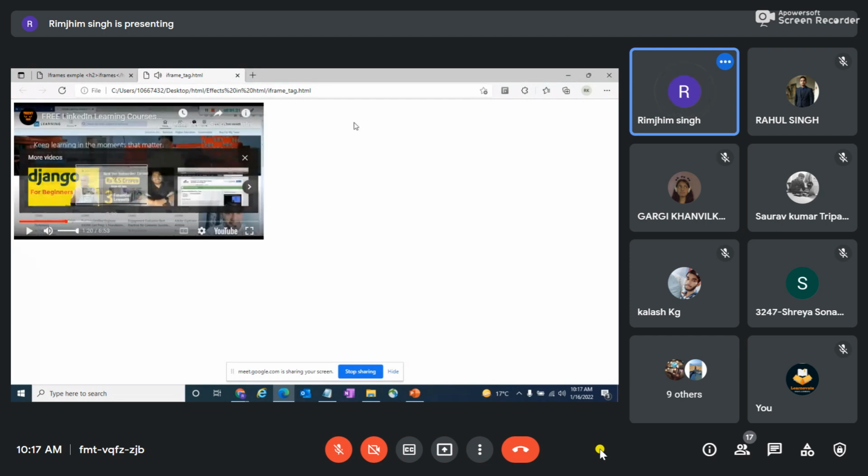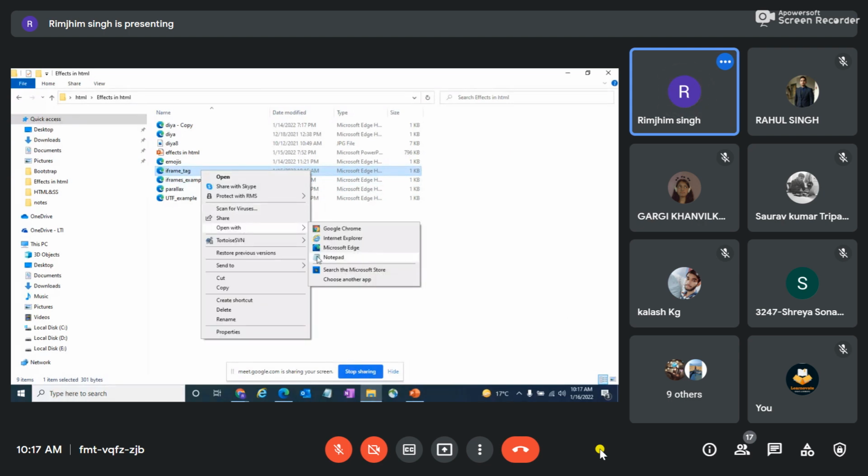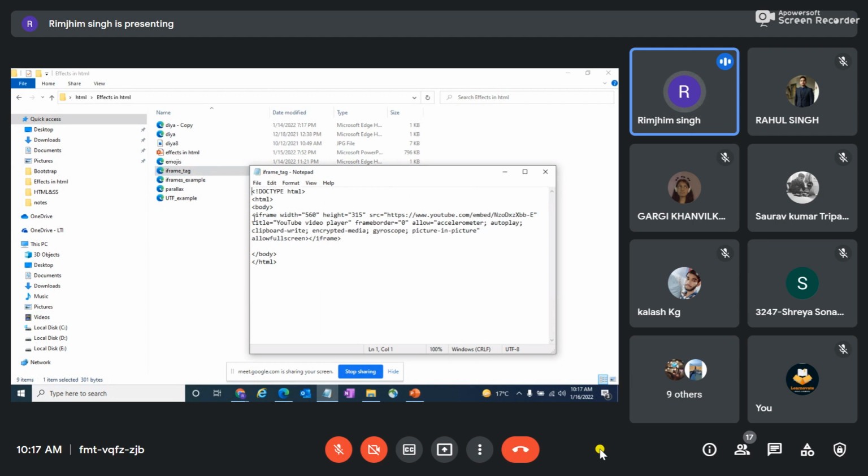Also, let's try to fix the height and width in my program. As I told you, if I want to include any type of audio or video, or any web page, I have to use an iframe. Here are the height and width for the particular video which I'm adding in my program, followed by the src attribute, which tells the path of that YouTube video. This is how we are embedding it in our program.